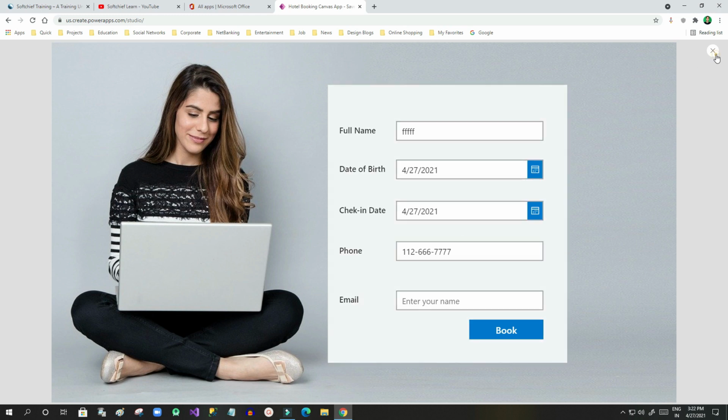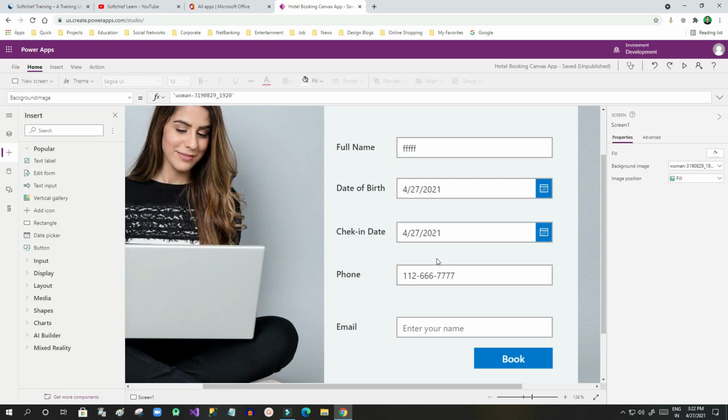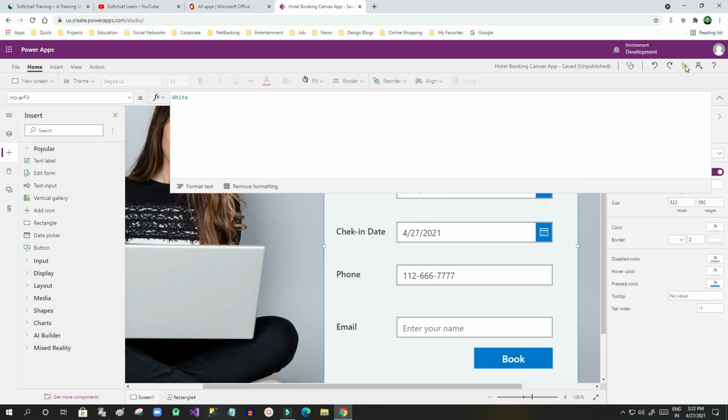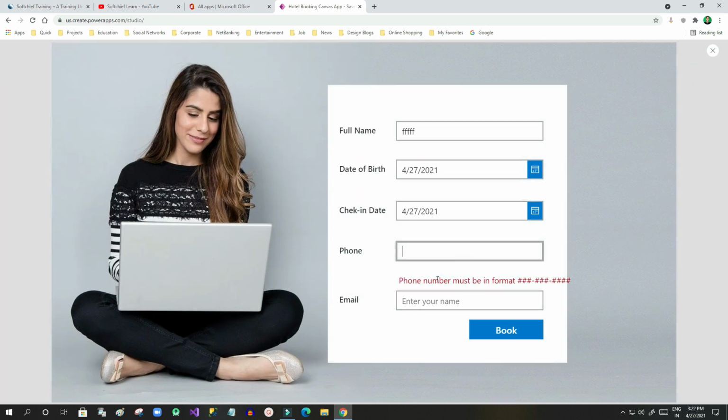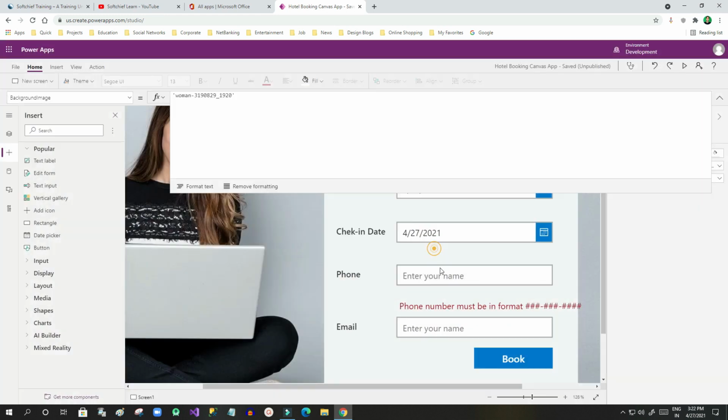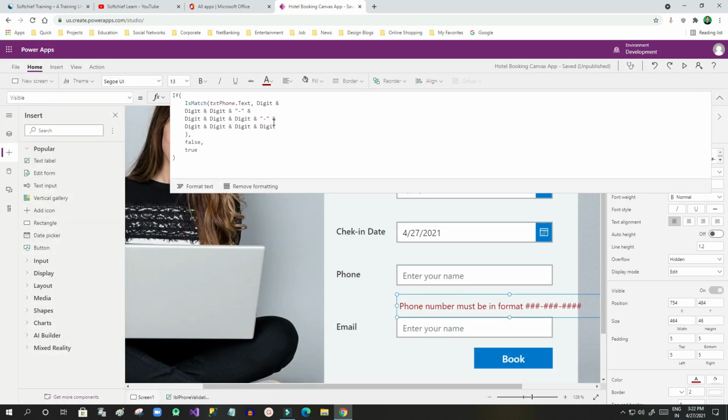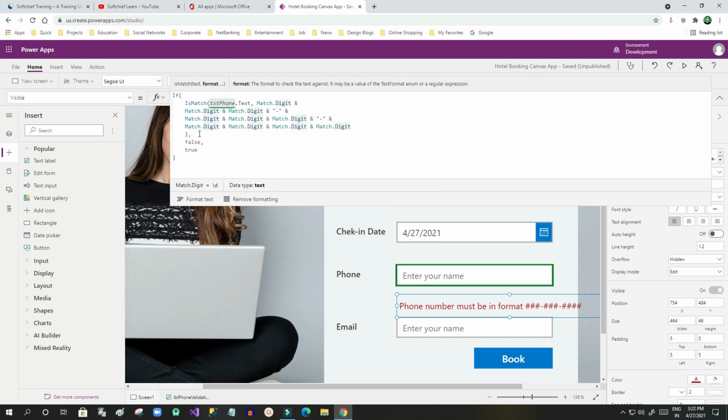If your business tells you that the second hyphen is not required, then you have to go back to the Visible condition. Let me go back, and here I will remove the last hyphen and the last digits part.